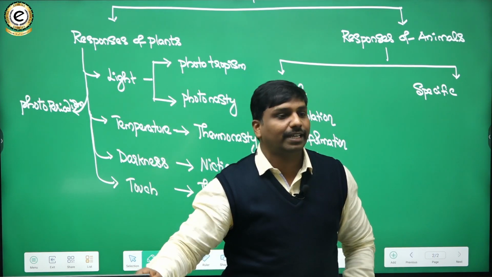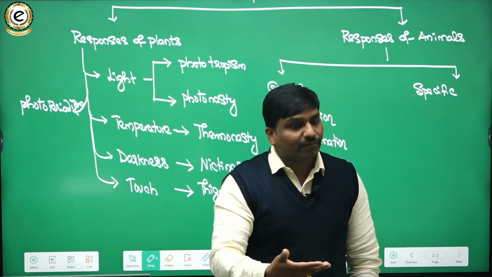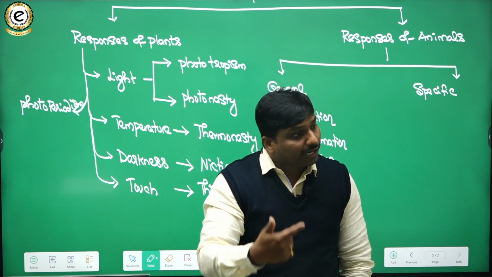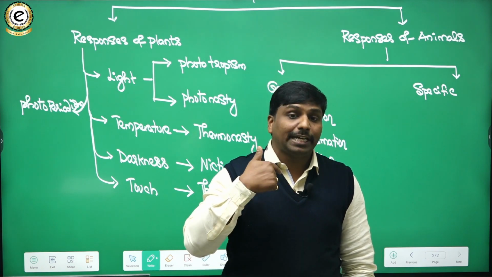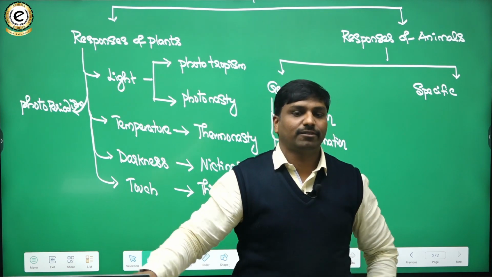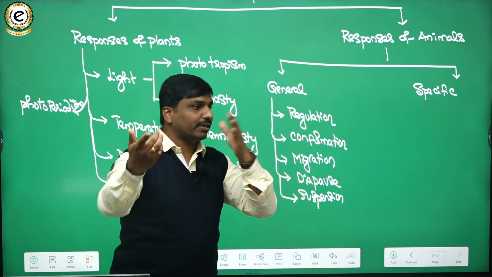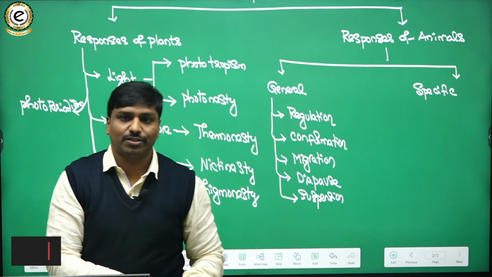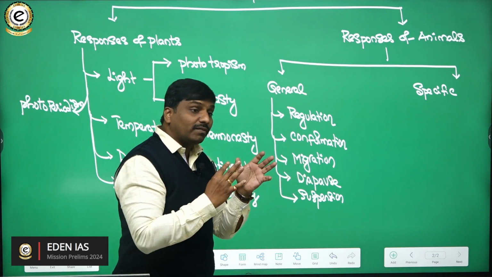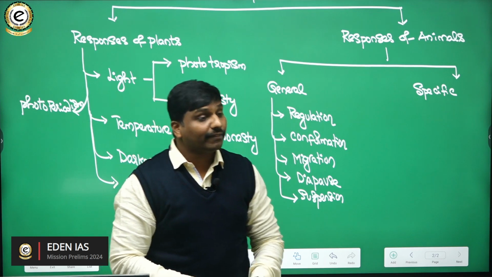So you can remember that some organisms will conform with the temperature or the conditions outside of them. Those organisms which don't have the mechanism of regulating constant body conditions, and whose body temperature depends upon the external surfaces, that kind of mechanism is nothing but conformation. They are conforming with the external surfaces. So that is conformation.